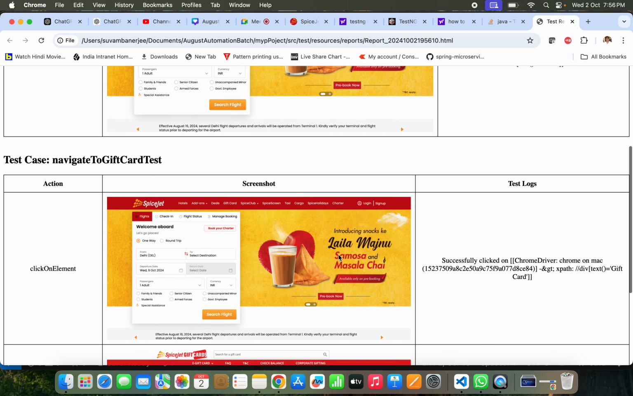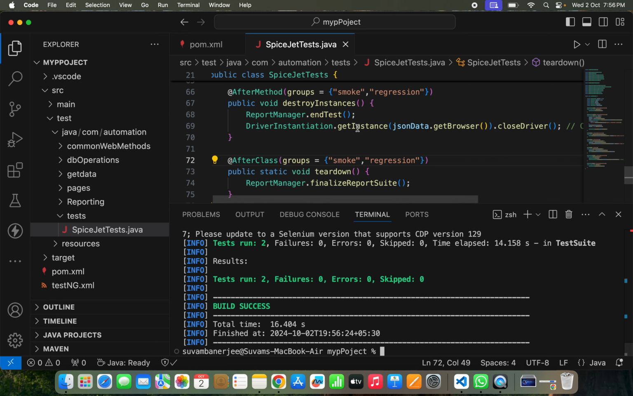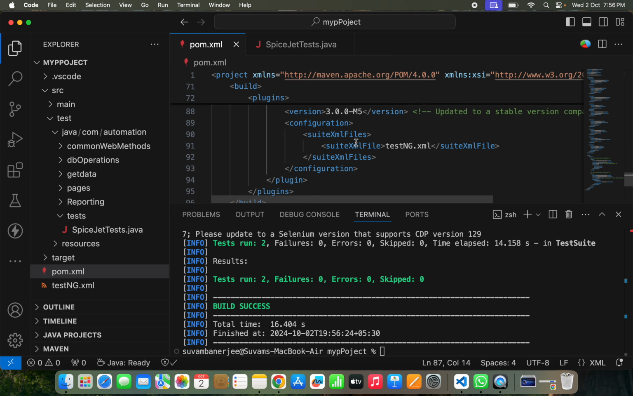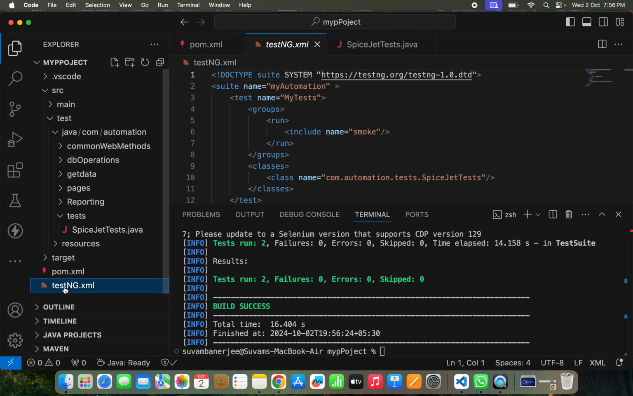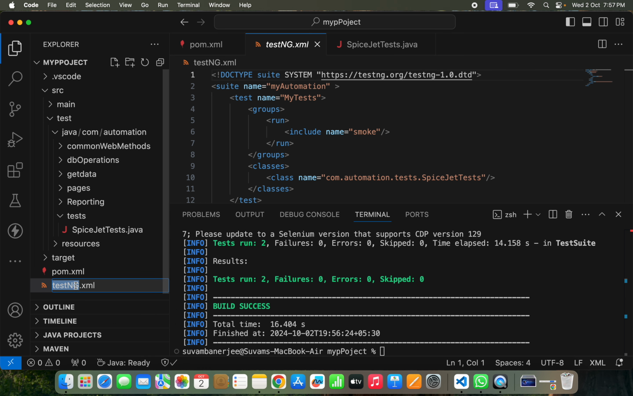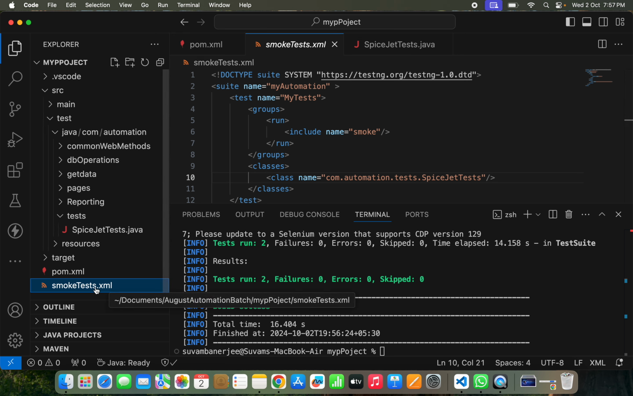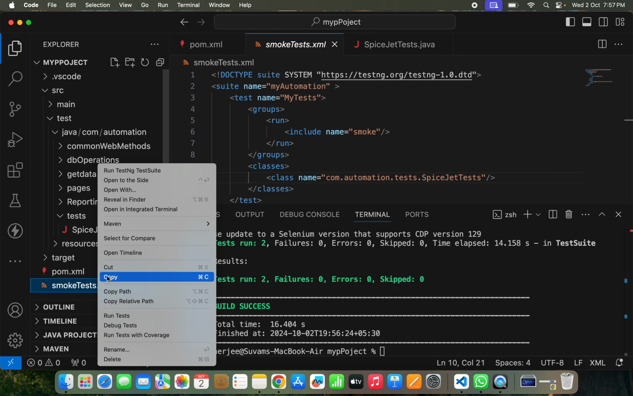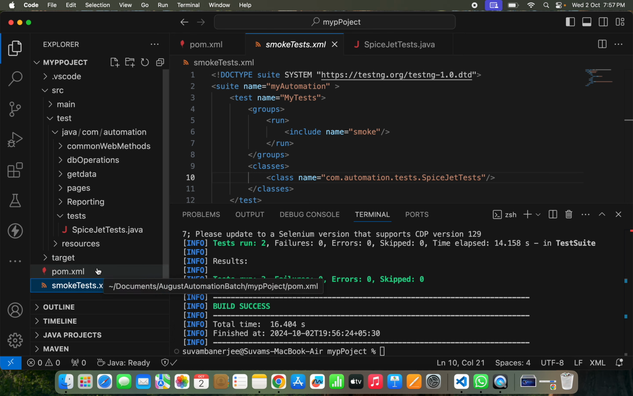So there are two tests because we have only this testng.xml, which is a smoke test. So let's rename this file as smoke tests.xml. All the smoke tests will be run by this particular XML file. The same thing we can create, copy and